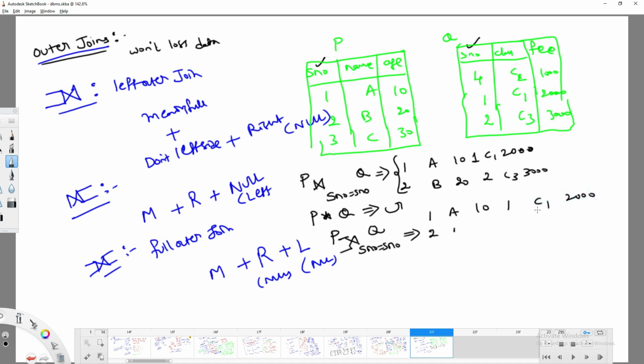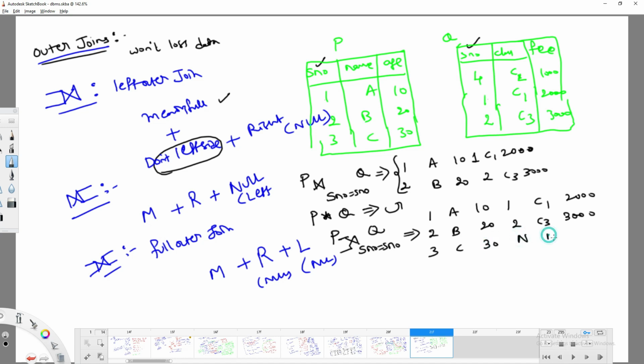This is meaningful information which you know how to write. Okay. Then what about the left side table data? So the meaning is I need to write the meaningful data and not delete the left side data, right? What about the remaining data you are going to have? 3 C 30. What about the right side data? You have to place simply none. This is the result you are going to get when you perform left outer join.